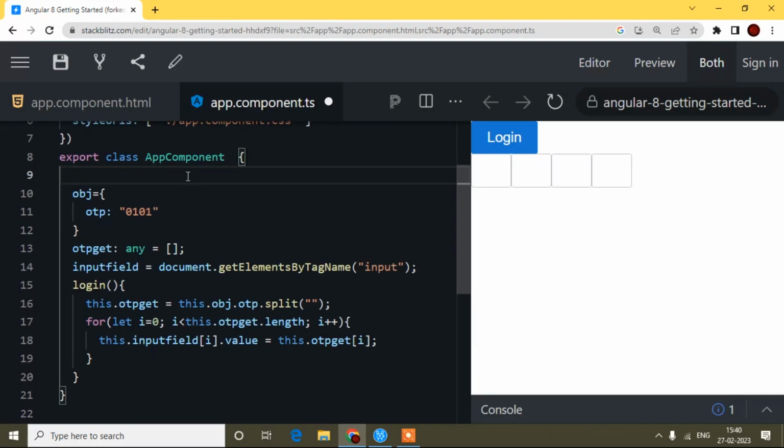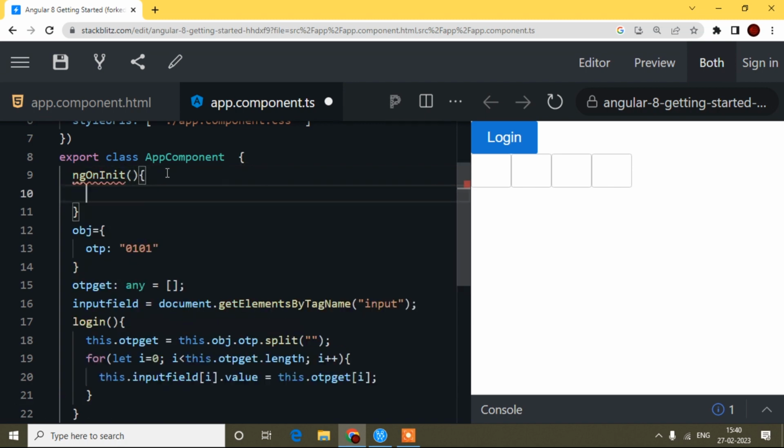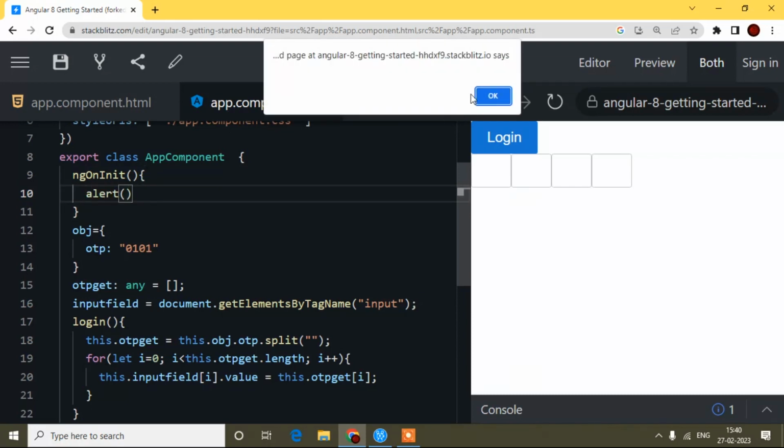And now here I will just write ngOnInit. If you have an idea about Angular, I assume you know about ngOnInit, right? Inside ngOnInit, if I write anything, it will trigger after page load. If I write alert here, you can see when the page is loading it calls the alert.